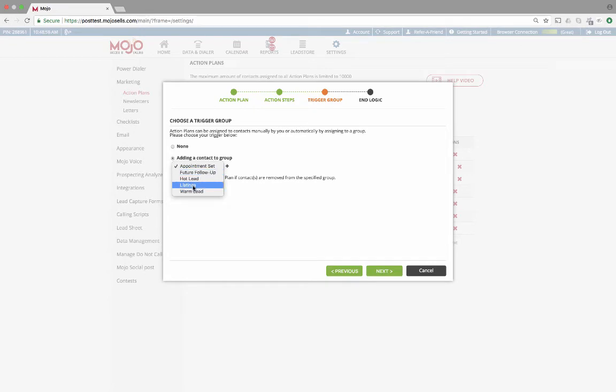Very simple. You probably have a lot more groups than that, and that's okay. They'll cascade down in this drop-down. I'm going to say here that anybody that I put to listing is going to automatically get assigned to this action plan. And all that means is, if I'm following a good lead workflow in Mojo,